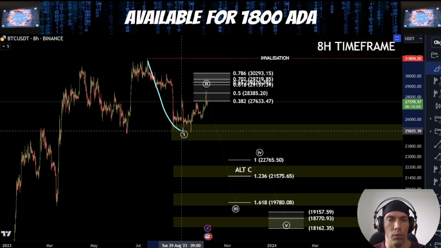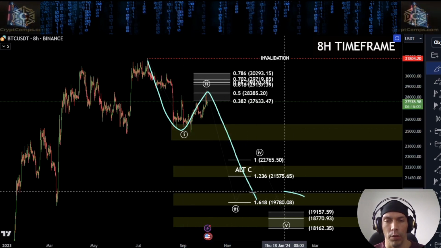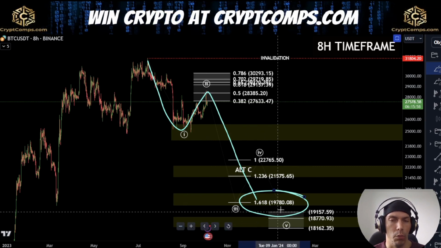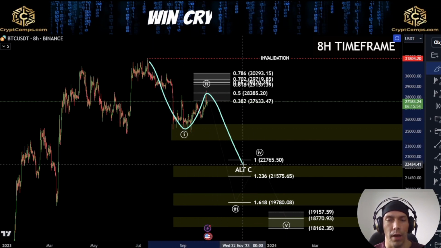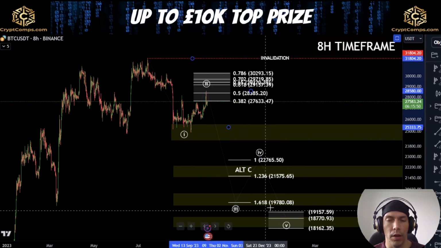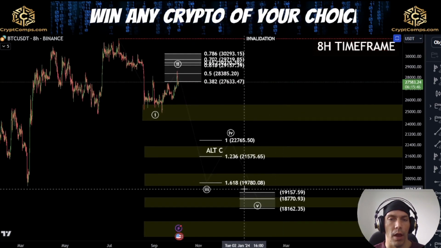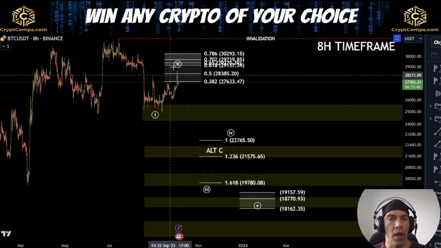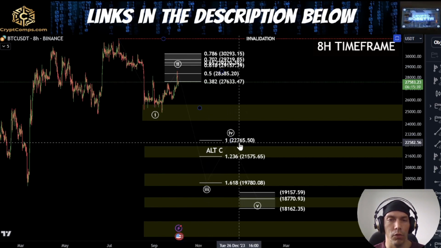We would be saying that this could be potentially either 1, 2, and then we're going to be looking for that possibility of a third wave, where we're looking for that 1.618 extension, or alternatively this could become A, B, and then C. Now, off of our current high that we have over here at this 50% level, this 1.618 would be down here towards this 19,780. Alternatively, if this is A, B, and we're looking for a C, our target would typically be here towards this 22,765 to this